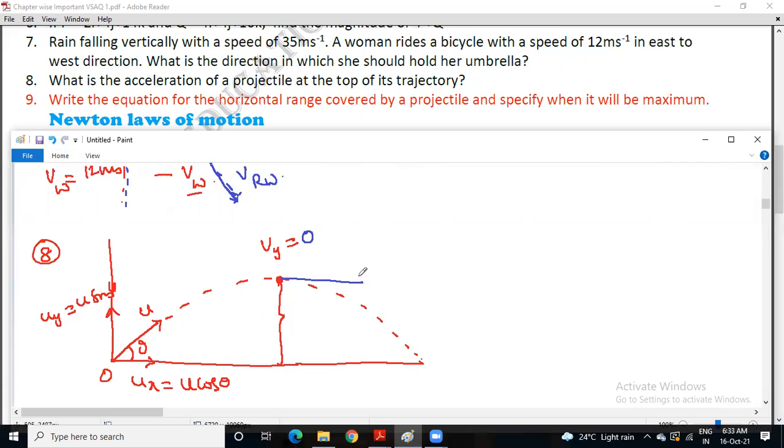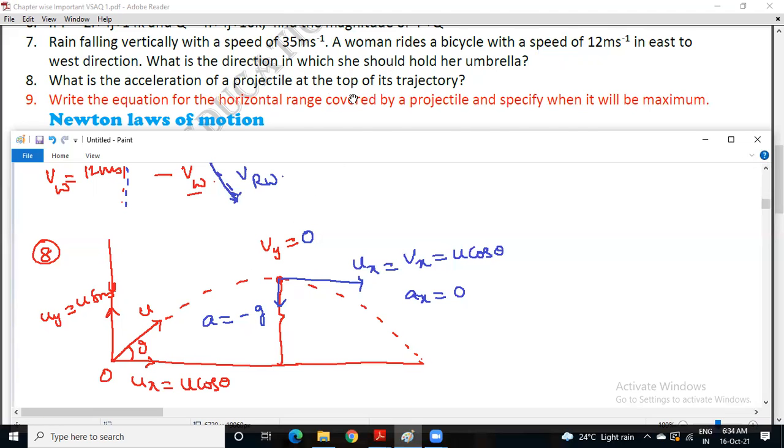But the horizontal component will continue to have ux, you can write, or vx also you can write, because the value is same. So therefore, since there is no change in the velocity in horizontal direction, both in terms of direction and magnitude, so no horizontal acceleration. But what is the reason for the projectile to get a parabolic path? Gravity is the reason. So gravity will be downwards. So that is a. a is playing a role like gravity, acceleration due to gravity, you treat it as permanently negative. So at the top of the trajectory, acceleration of the projectile is a equal to minus g.